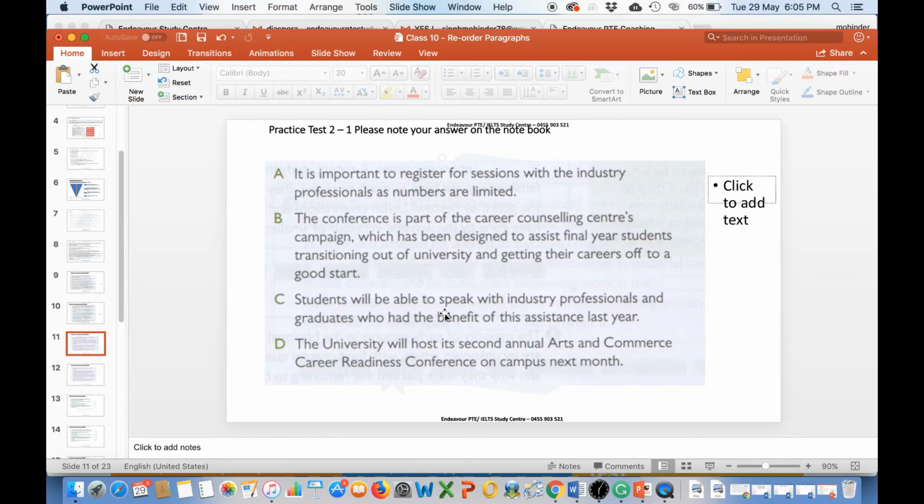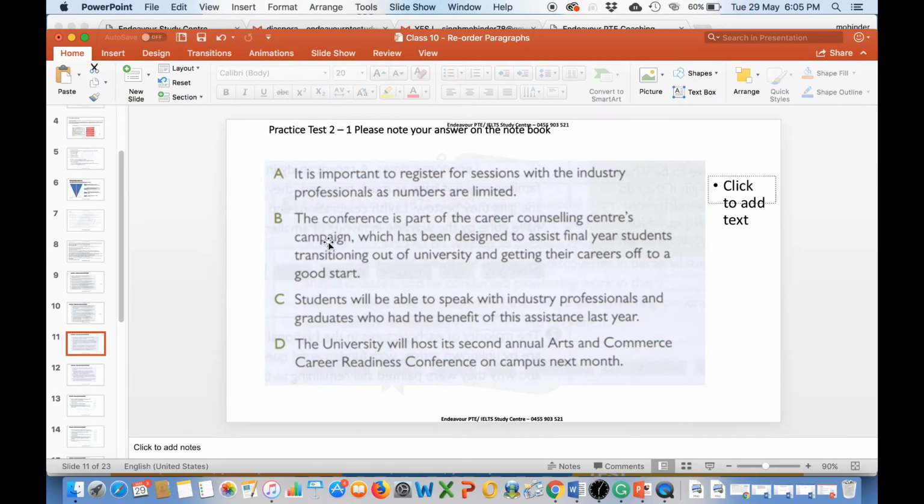Now students will be able to speak with industry professionals and graduates who had the benefit of this assistance last year. This assistance, so we do not know what assistance they were talking about. We are only left with one which has capital letters, even though it starts with the article "the", it has a capital letter. So if B and D both are competing for number one,